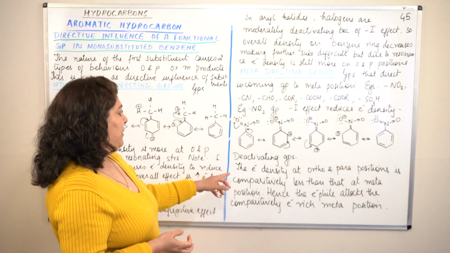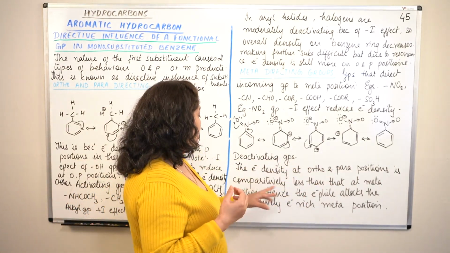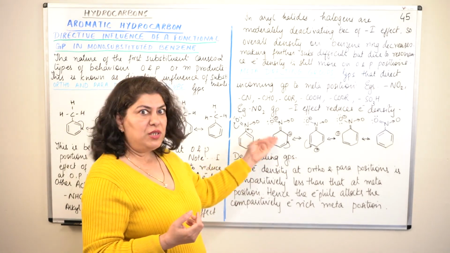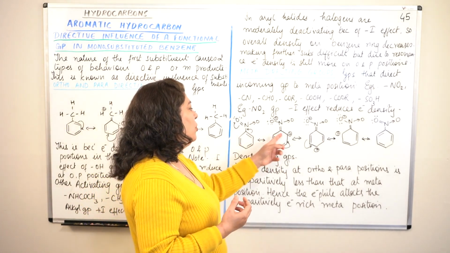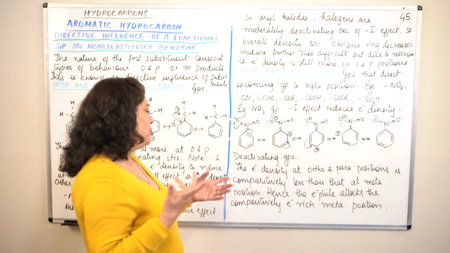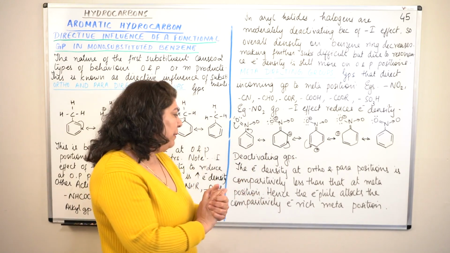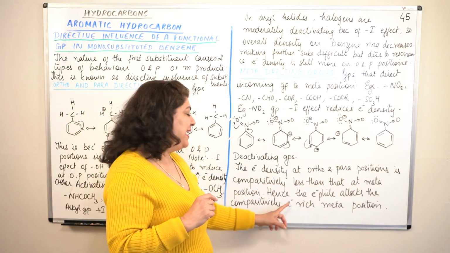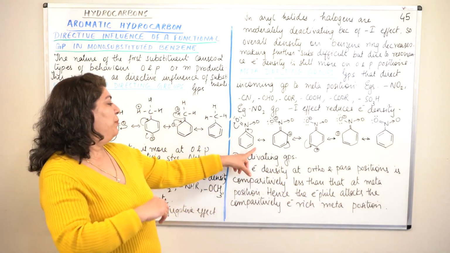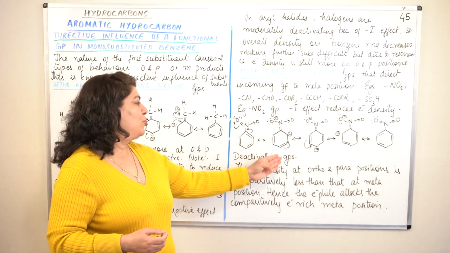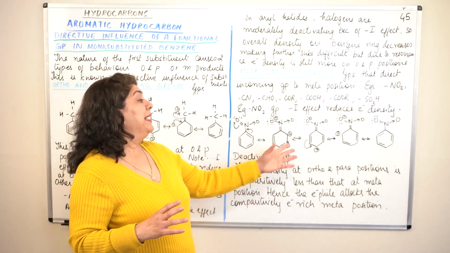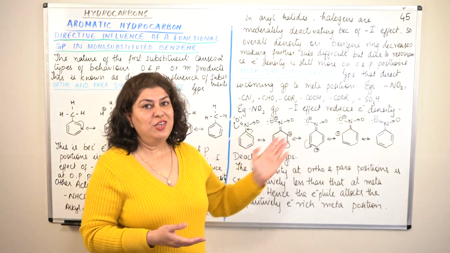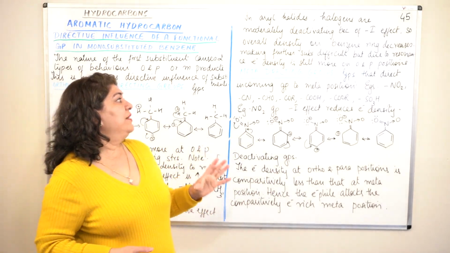So now, deactivating groups. The electron density at the ortho and para positions is comparatively less than that at the meta position. The electron density is less because it is positively charged. Obviously, it is deficient in electrons. And the electrophile is also deficient in electrons. So, since the electron density is less at ortho and para positions comparatively than the meta position, the incoming electrophile will attack the comparatively electron-rich meta position. The incoming group will attack the meta position, which, in comparison to the ortho and para positions, may not be negatively charged, but at least it is not positively charged. It still has more electrons than the positively charged carbons. So this was the directive influence of